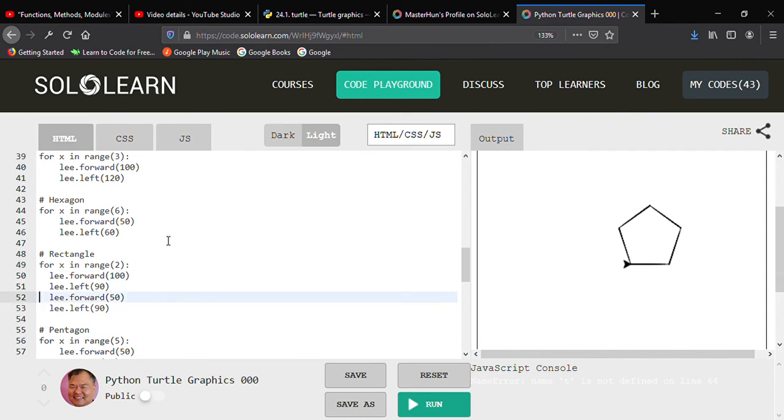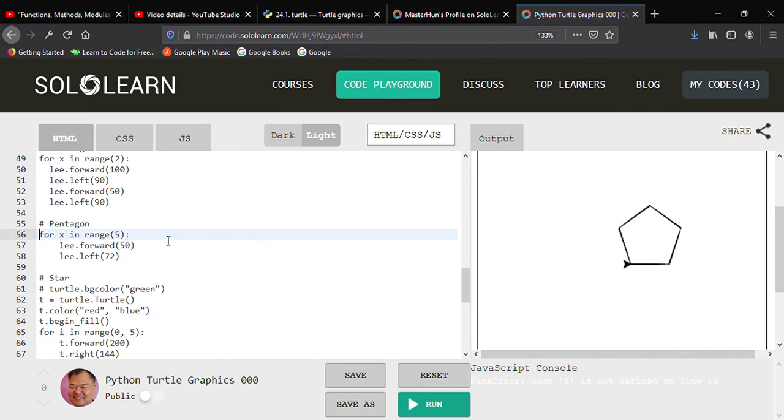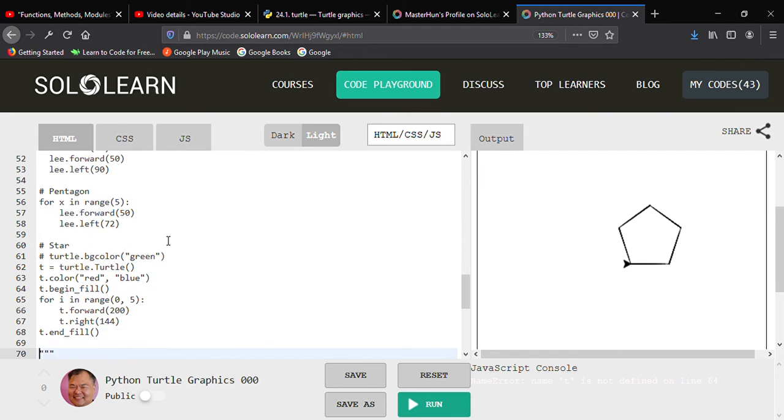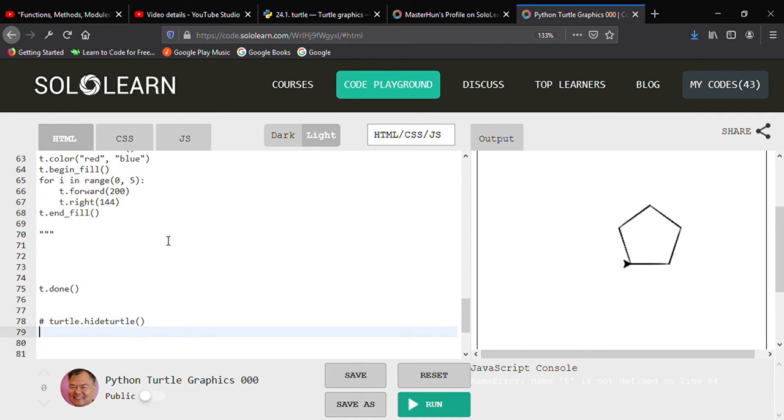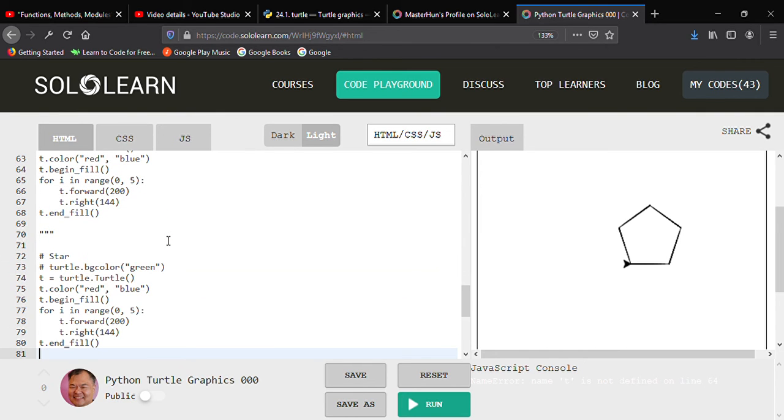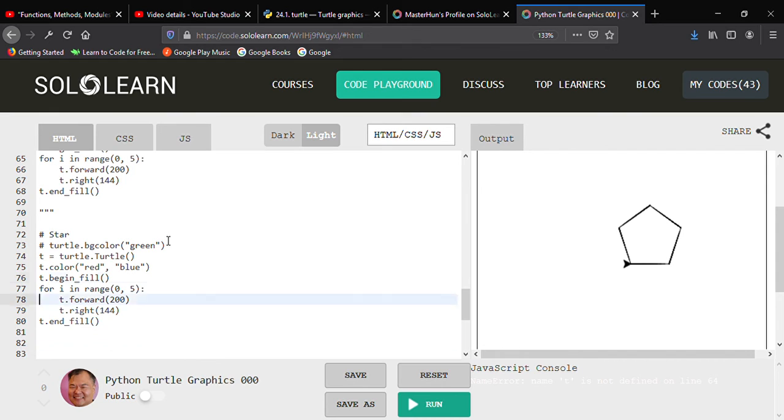I think the last shape we're going to do... oh, we did the pentagon, right? We did the pentagon. The last shape we're going to do is a star. That's the last one we're going to do. And not only are we going to do a star, but it's going to